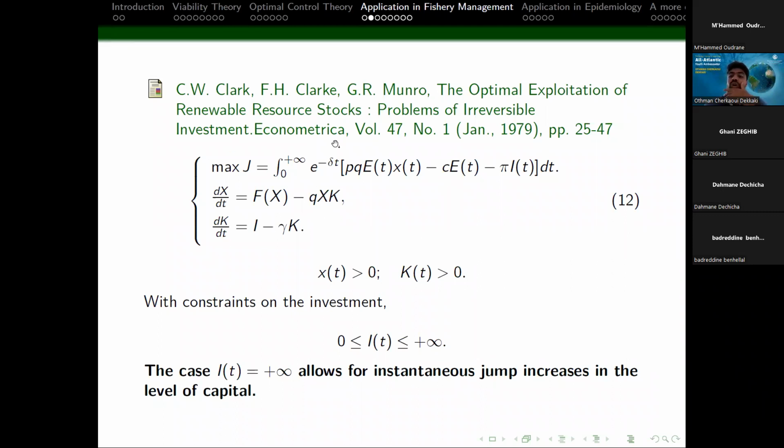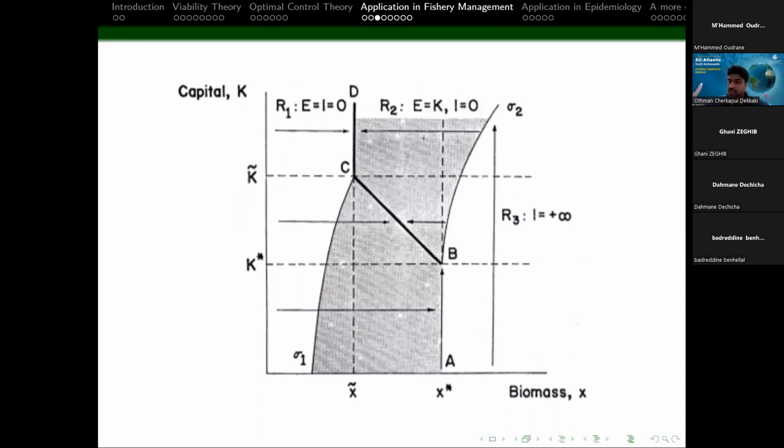And actually, this was one of the most revolutionary, and it did revolutionize the way of thinking of the investment, because they said that the cases when E equals infinity allows us for instantaneous jump in the level of capital. By doing the optimal control theory and the whole gibberish surrounding it, they found the following graph, easier to study. So they found that for any stock coefficient, for any capital level,